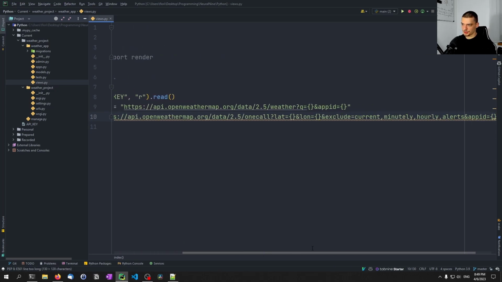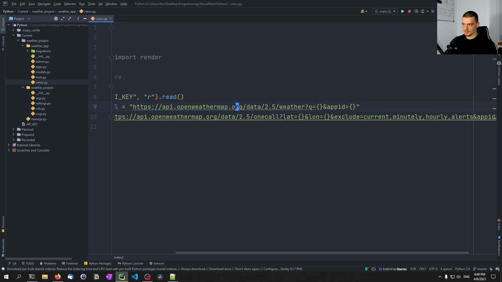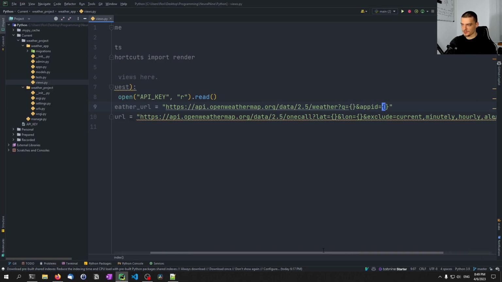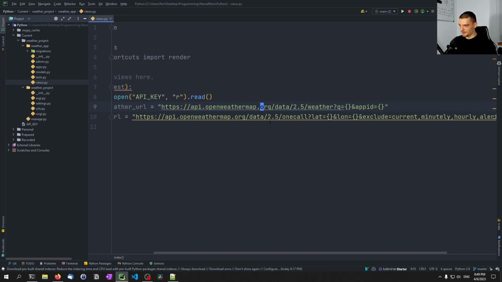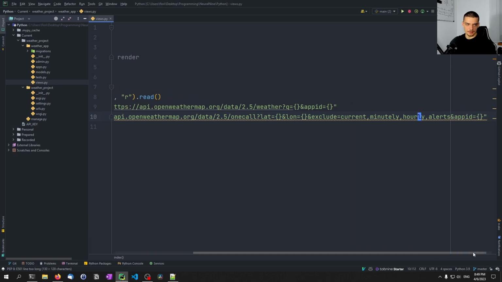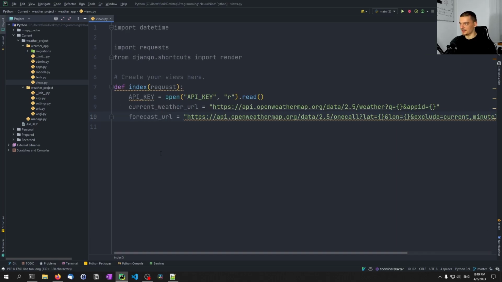Let me just double check with my prepared code. We have the OpenWeatherMap API, data 2.5, weather, the query is a placeholder, the app ID, so the API key is a placeholder, and this one is a little bit more tricky. We have /onecall?, these coordinates, lat equals, lon equals placeholder, and exclude equals current, minutely, hourly, and alerts, and then again the API key. This should work. So those are the two URLs, and now what we're going to do is